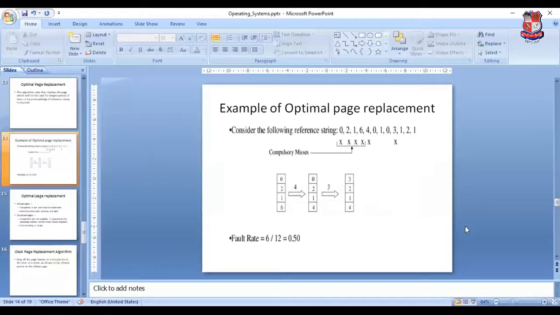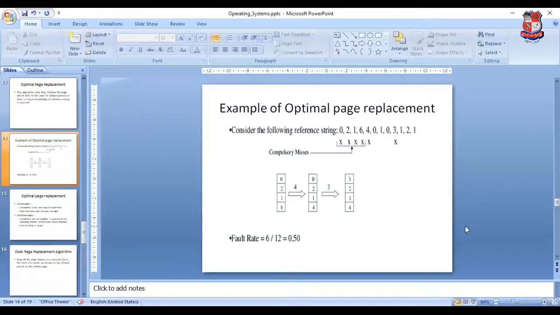तो 0 की जरूरत है, बाद में नहीं है. 2 की रिक्वेस्ट आने वाली है. 1 is also required. 4 की भी नहीं, तो यहाँ पे 0 और 4 दोनों है. तो हम कौन सी जगह पे रखेंगे? 0 की जगह पे 3 रख देंगे. तो 3 2 1 4. नाउ नेक्स्ट रिक्वेस्ट इज 1, तो 1 इज ऑलरेडी अवेलेबल. नेक्स्ट रिक्वेस्ट इज 2 इज ऑलरेडी अवेलेबल.